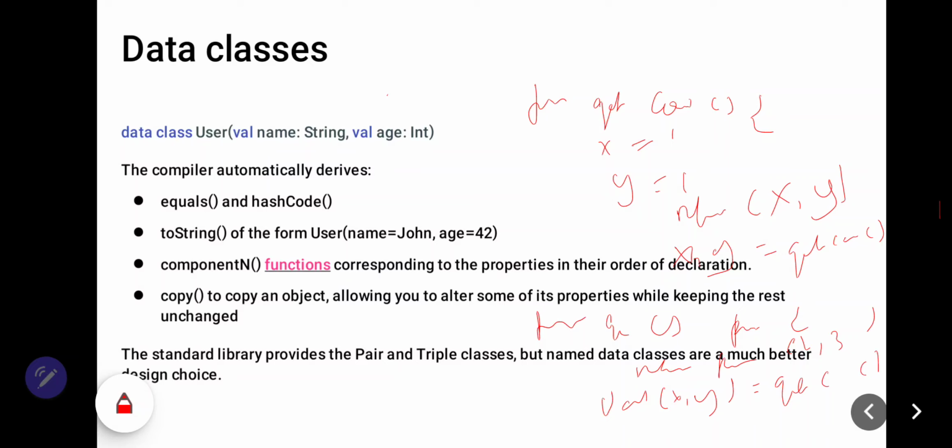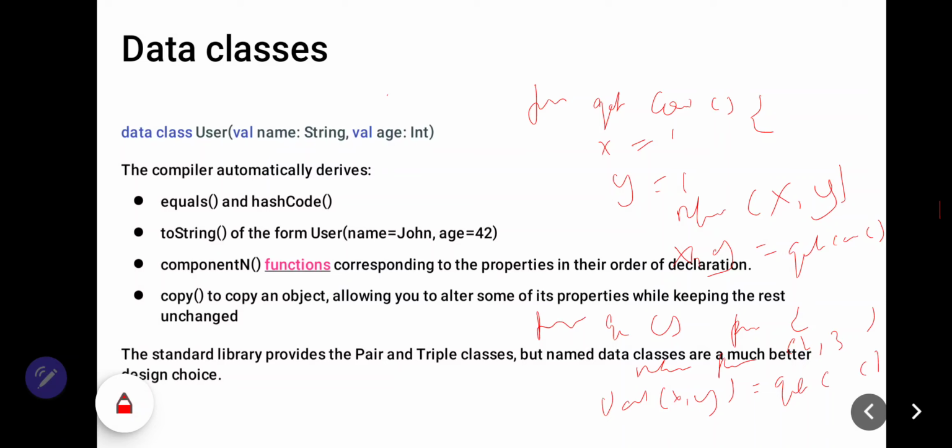Data classes are cheap, meaning you can easily add a data class with a single line of code. And the good thing is that multiple data classes may be declared in one source file.